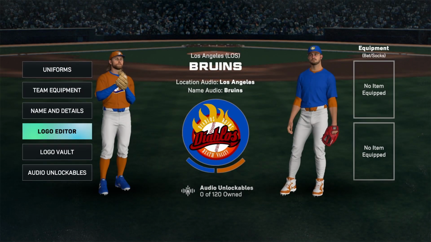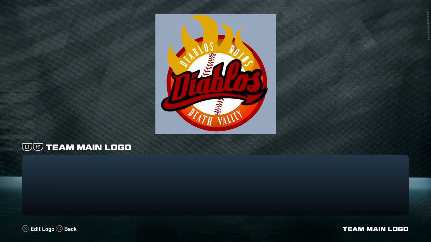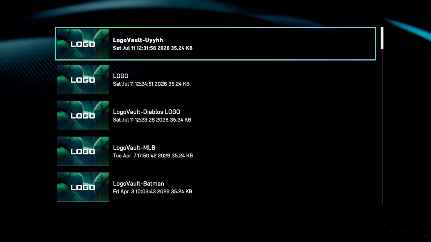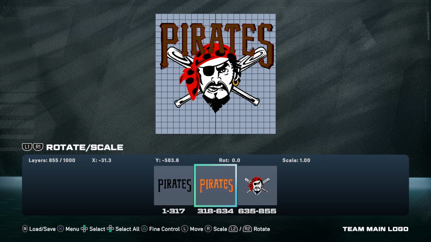On this screen we need to go to logo editor. Under it, press A on Xbox or cross on PlayStation in order to edit logo. Now to import the downloaded logo, we need to press options on PlayStation or the menu button on Xbox. After that, select load. Now select the logo which you just downloaded, and after that the logo files will be